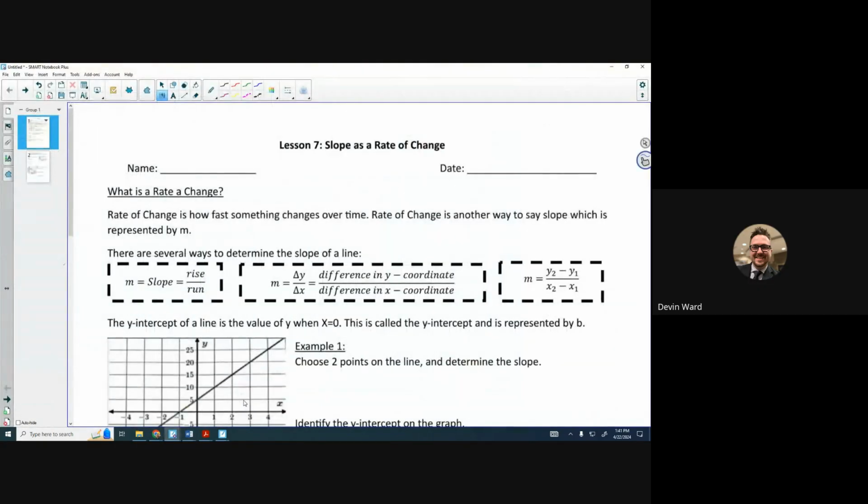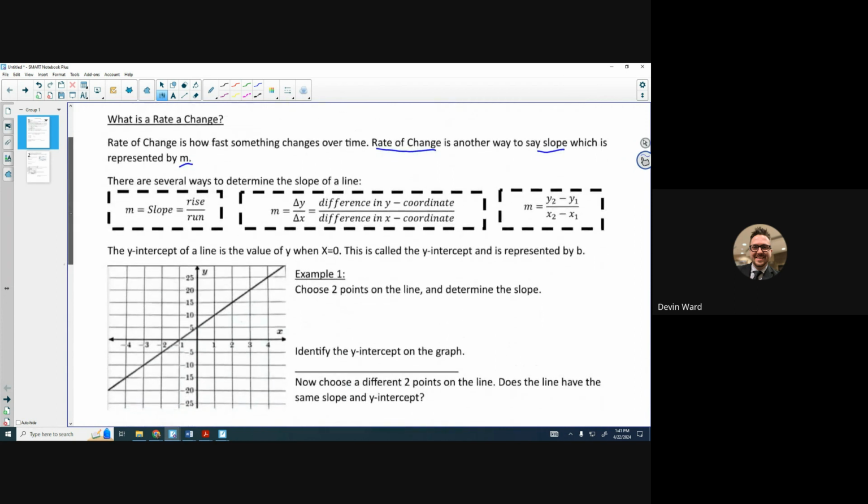Okay, hi there, everyone. So I'm not here today, but we still can talk about slope as the rate of change. The rate of change is how fast the thing changes over time. It's the rate of something changing. Rate of change is just another way to say slope, which remember is represented by m. The rate of change and slope are the same thing, just like it was also the multiplier. We'll see that there are many different things that we can call slope, but it's all